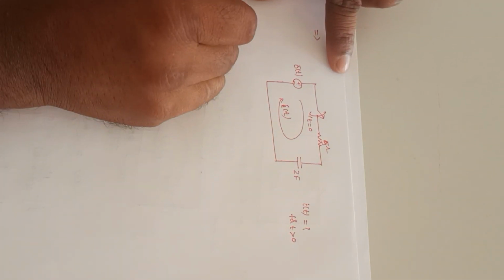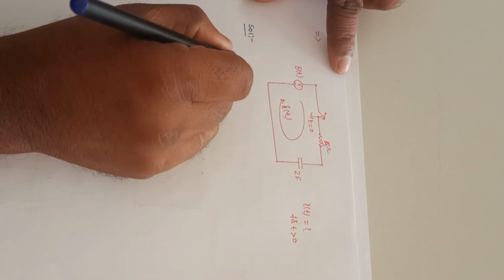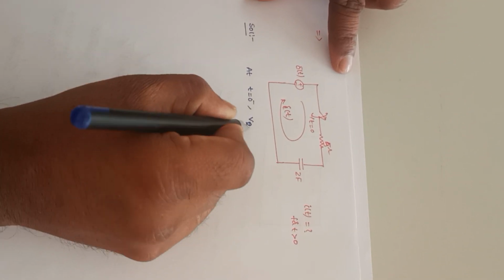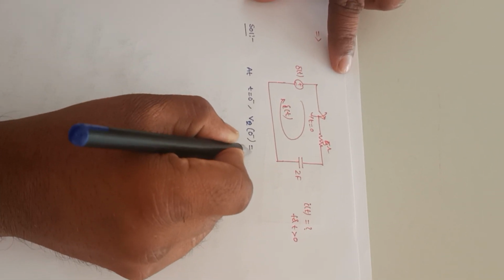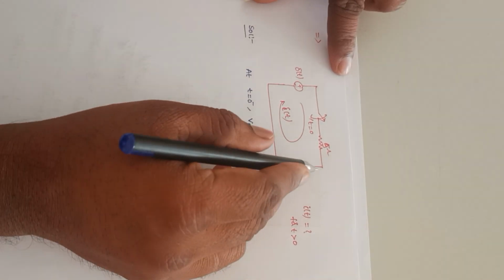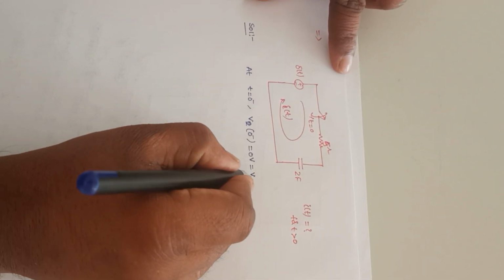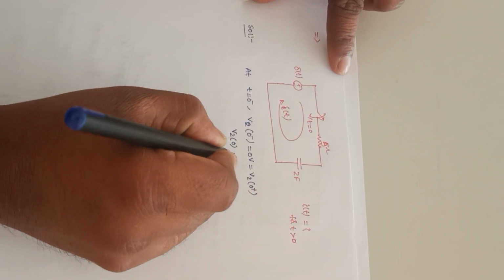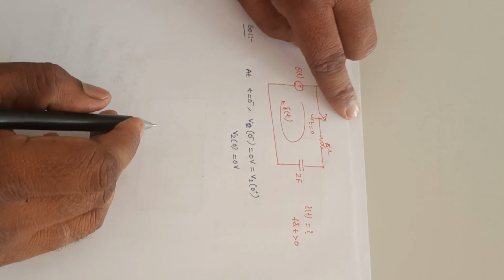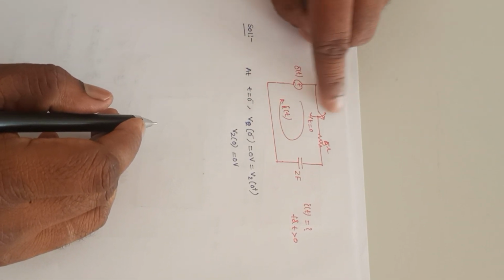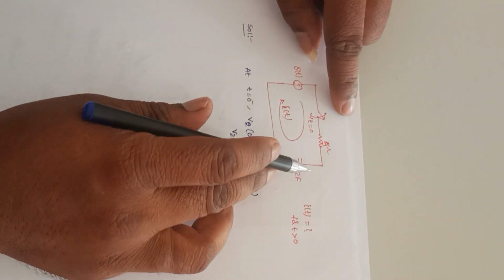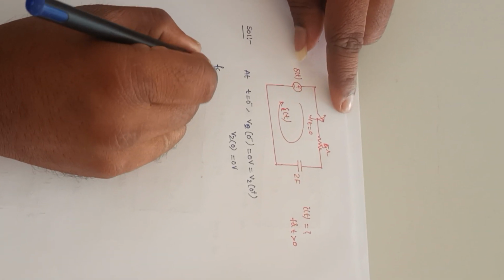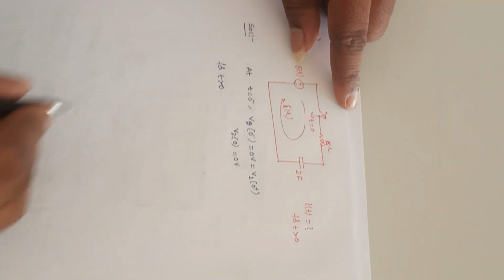Same procedure I need to apply. At t is equal to 0 minus, the value of V2 of 0 minus is equal to 0 volts. The voltage across this 2 farad is V2, it is V2 of 0 plus. So V2 of 0 is equal to 0 volts. Since no supply is connected for this RC circuit at t is equal to 0 minus, the voltage across this capacitance 2 farad is 0. So now for t greater than 0,